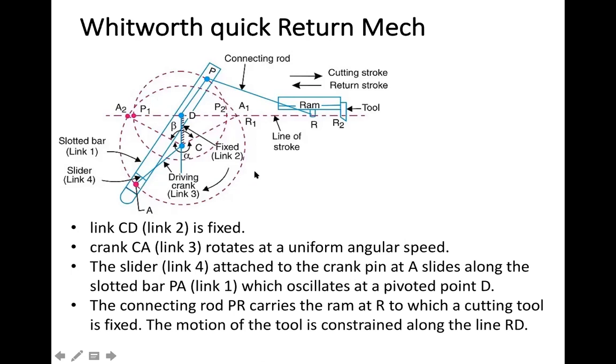So in this, whatever you see, two circles are there. This one is for the slotted link. Whatever your slider is, the slider is rotating at this particular point, and this point P is also a slider. So this is rotating on this particular circle, the typical circle, right? When this is rotating, it is connecting. As this is oscillating, this is also moving from this particular point to other points.